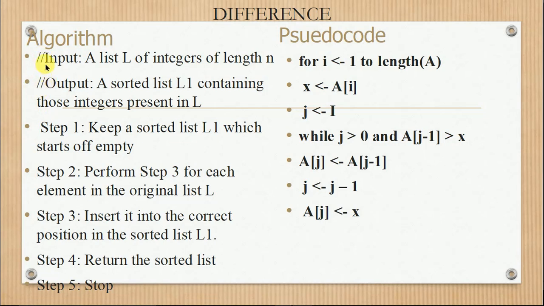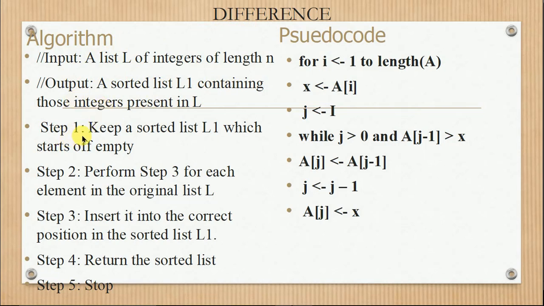So I am giving it in the form of comment lines, and where the computation or processing takes place, step 1, is identified in the form of step 1, step 2, step 3 in the way. So here an array or list L is given, and how many elements does L have? N elements. Okay, the output I'm expecting is a sorted list L1, containing those integers present in L, but in sorted form, right? So these two pieces of information I have clarified. Next I will start with the processing.